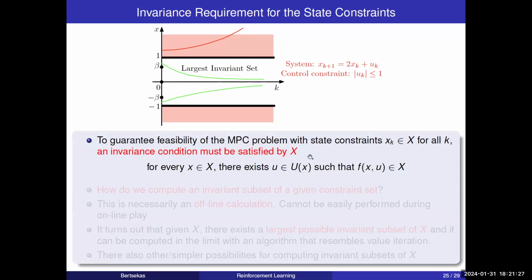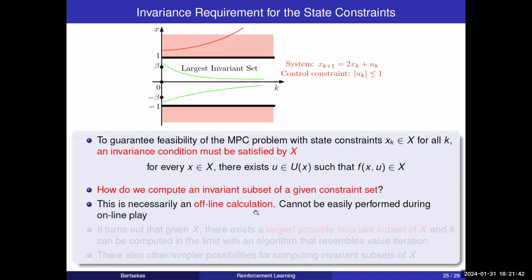Okay, so there are only some state constraints that qualify for use in MPC. But how do you compute such sets? To compute an invariant set is a difficult problem. How do you find them? And necessarily, this is an offline calculation. You can't do it online. It's just too difficult a calculation to do. It has to be done